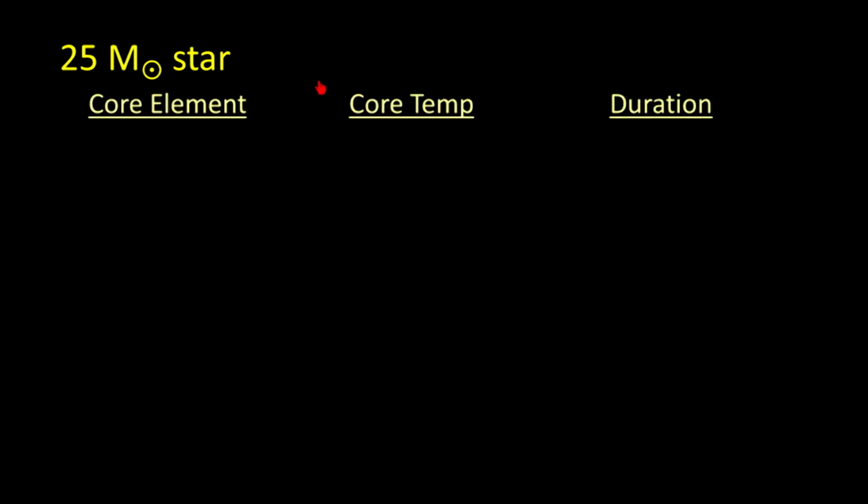And forgive me, tables are always the most boring thing in a PowerPoint you can see, but we'll try to talk our way through it. What I want to show you is the sequence of events that will lead to the end of the life of a high mass star by showing you in particular a set of numbers that goes with one star example. So this is the set of numbers that go with a star that is 25 times the mass of the sun, or 25 solar masses.